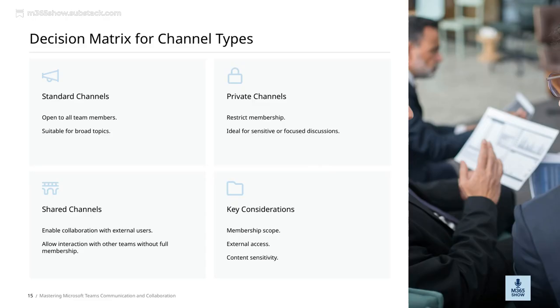Private channels, on the other hand, are open only to specific team members and are suitable for confidential topics. Standard channels are the most open. They include all team members and are perfect for broad topics that everyone needs to access. By understanding these distinctions, we can align our communication channels with our overall collaboration goals, ensuring efficiency, security, and clarity